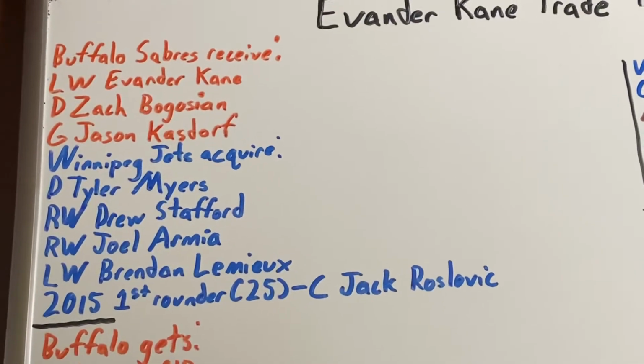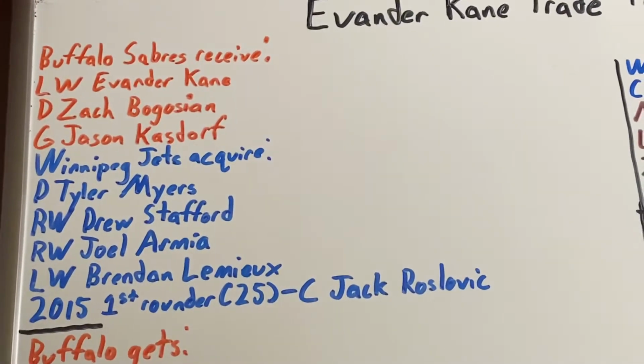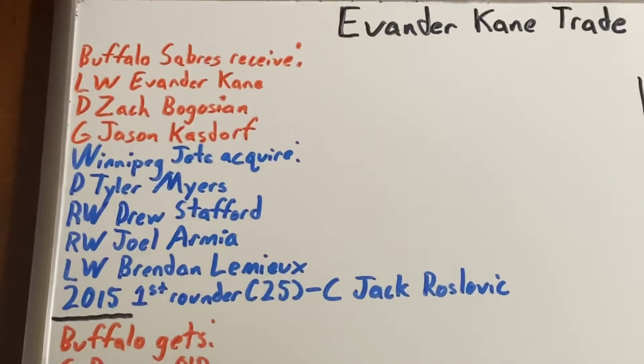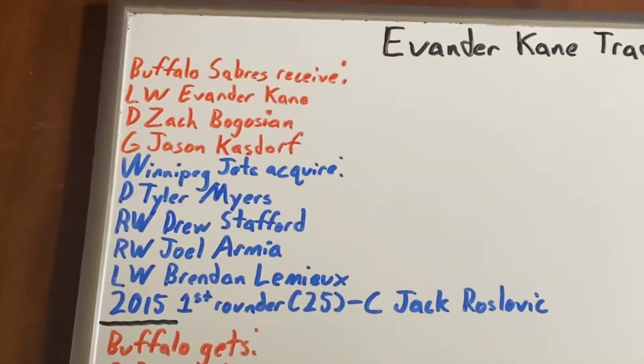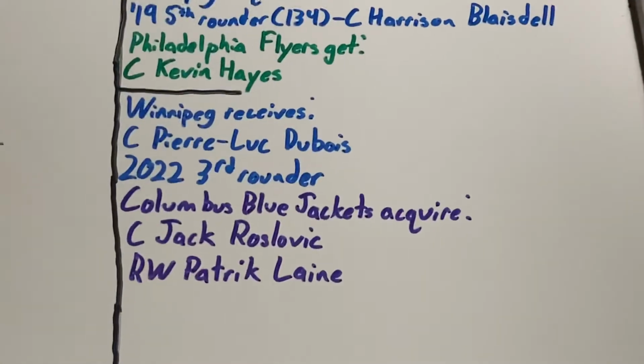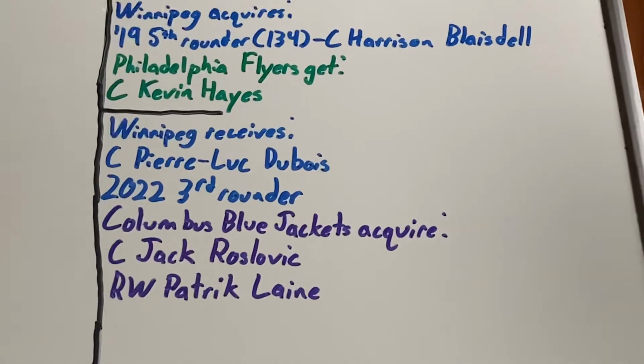Now, he had 9 goals with 15 assists in the 18-19 season, and the next year he had 12 goals with 19 assists. Now, he could not agree to a contract with the team as a restricted free agent, and he asked to be traded. And they obliged. So they sent him, along with Patrick Laine, to Columbus in exchange for center Pierre-Luc Dubois and